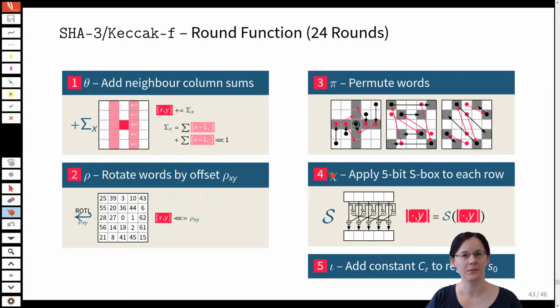What we are still missing is something nonlinear. And this is where the S-box comes in, the key step. So this is now a 5-bit S-box, which is a bit unusual because most ciphers use either 8-bit or 4-bit S-boxes, but it actually has quite some advantages. And so this S-box, and this is now very different from the AES, is not applied within one of the cells, but across the cells to make it more register-oriented. So the S-box works on each row here, takes all the 64-bit words in this row, and then applies the following